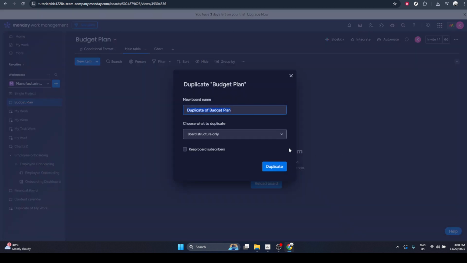When you do, another submenu will appear. In this submenu, you'll see an option called Duplicate Board. This is the feature we need to create a copy. Click on Duplicate Board. Depending on your plan and setup, you may see a few duplication choices like copying the structure only or copying the structure with items and maybe even updates. Take a second to read the description on screen so you understand exactly what's going to be included in your